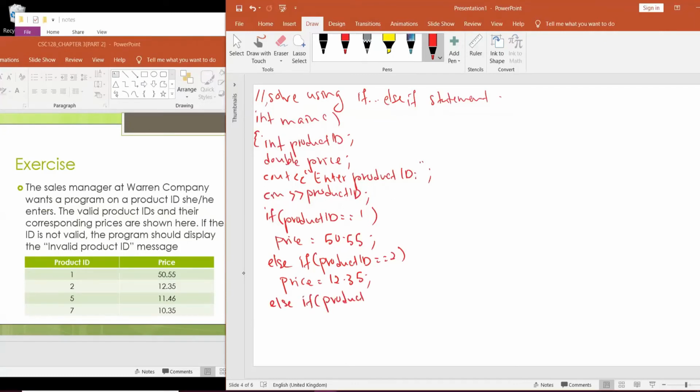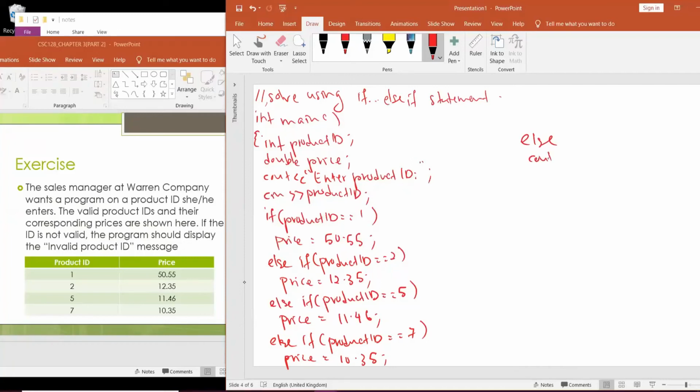So product ID equal 5, price equal RM11.46, and the last one, else if product ID equal 7, so price equal RM10.35. So the last one, you should have what? You should have else cout invalid